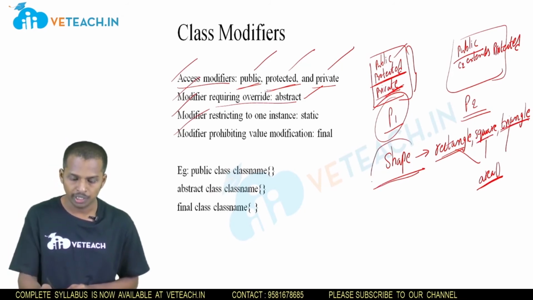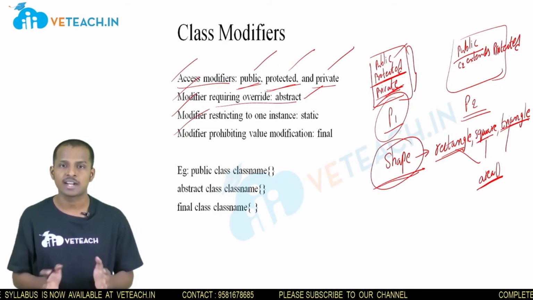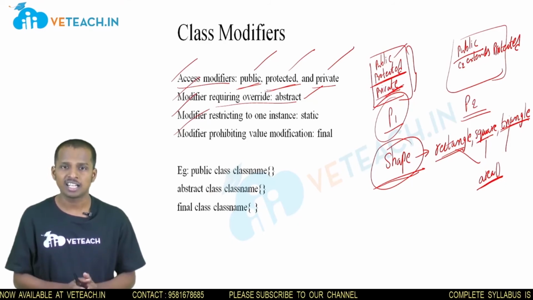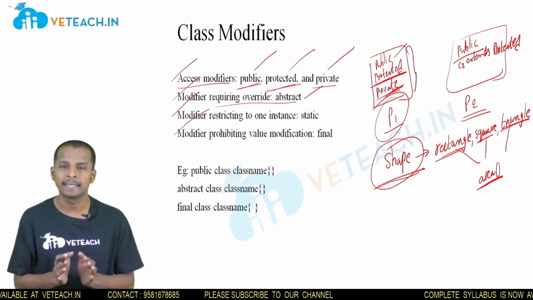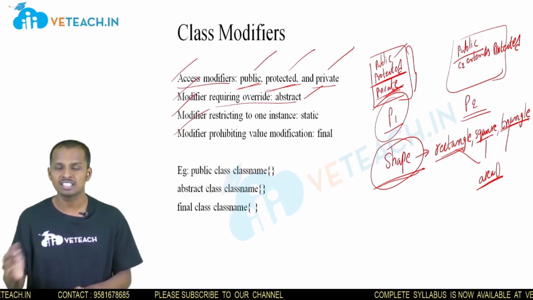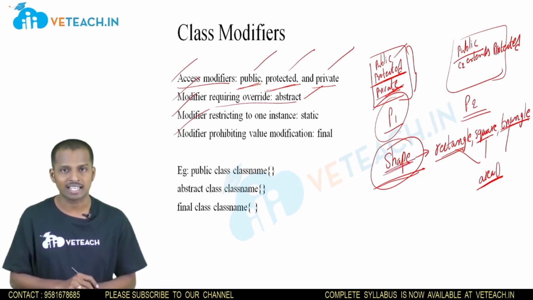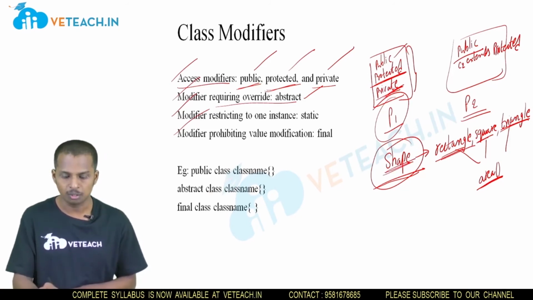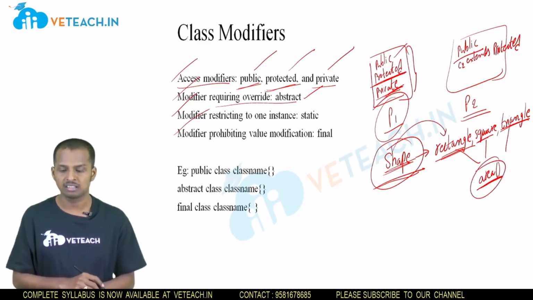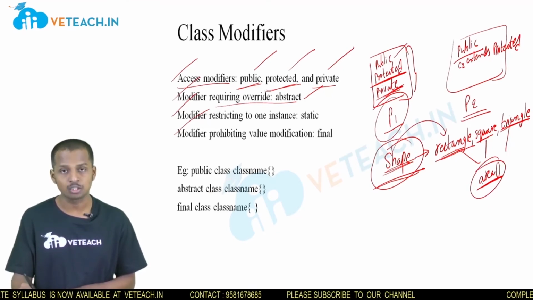Now we are going to write this shape class as an abstract class which contains an abstract method. What do we mean by an abstract method? It just contains the return type and method name. It does not have a method definition. According to the requirement, we can change the definition of this abstract method. Now we will declare this shape class as an abstract class, and the rectangle class will extend this shape class and write the definition of the abstract method area. According to the requirement of the rectangle class, it can write its own definition.